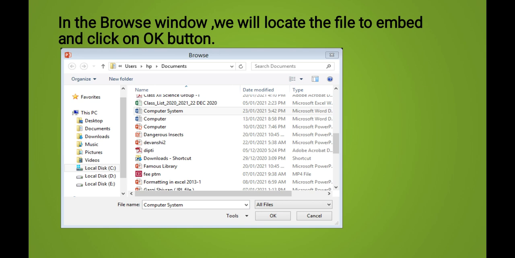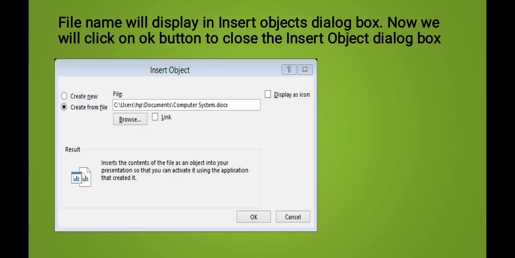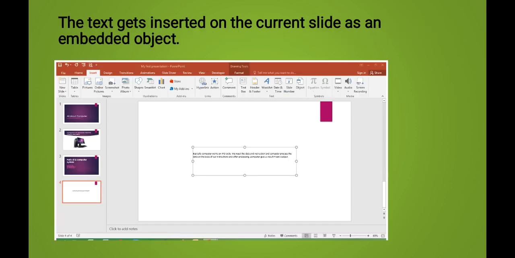In the Browse window we locate the file we want to embed, and after selecting the file we click on the OK button. We will see the file name come in the text box, and finally we click on OK and the Insert Object dialog box will close. We will see that the text is inserted on the current slide as an embedded object.